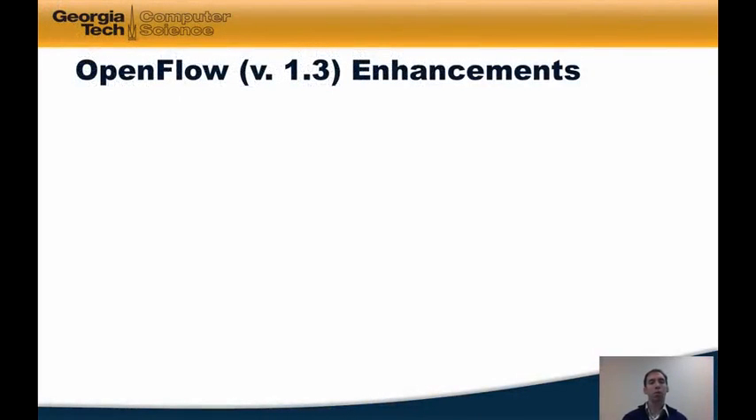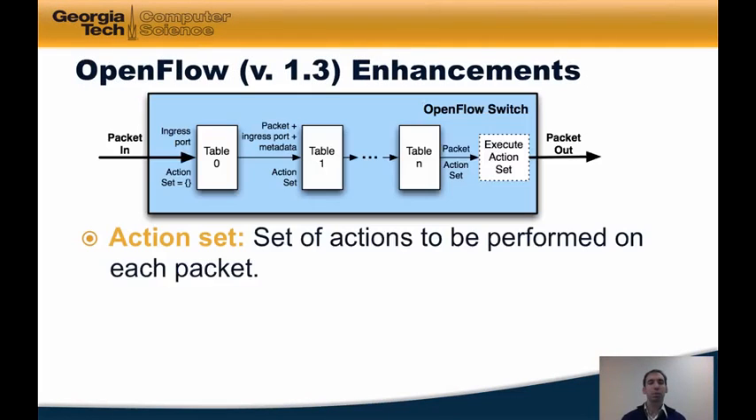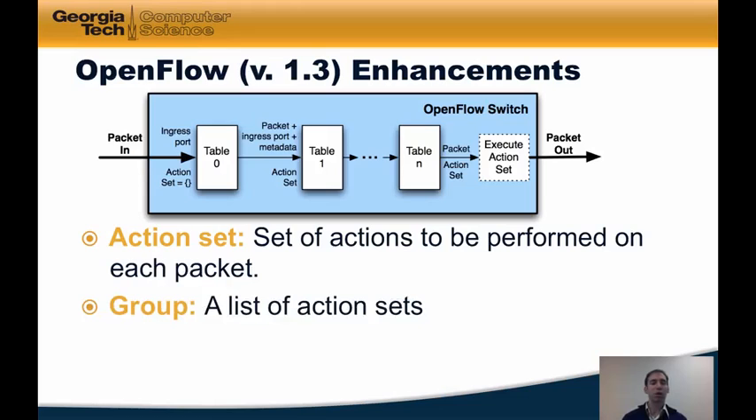More recent OpenFlow protocol specifications, such as version 1.3, specify various enhancements. One is the notion of an action set, whereby the switch might perform multiple actions on each packet. Another is a notion of a group, which is essentially a list of action sets. A group effectively allows the switch to refer to a common set of actions that might be performed on multiple